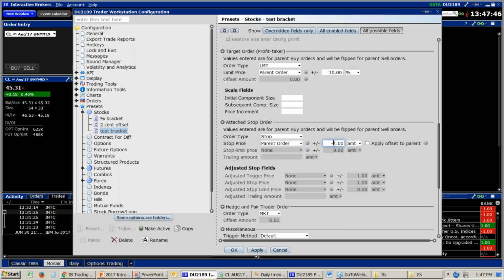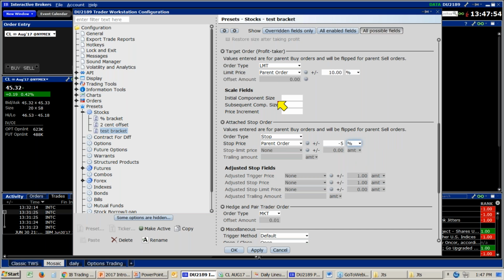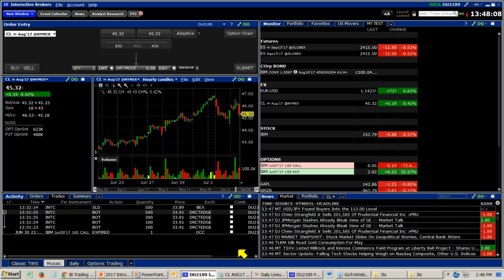Now what I'll do is I'll put this at a -5, and let me make sure that this is 5, and we'll put this in at a percentage. So I'm going to create this at 10% of my profit-taking limit order, 10% above, or you could choose that actual amount or 5% below. When I do click apply, and then OK, what I can do is then go in and create an order